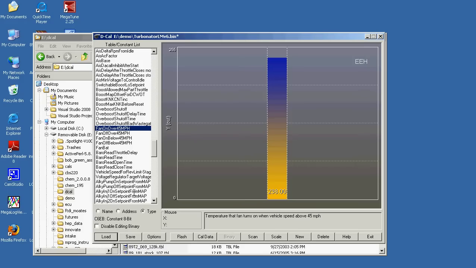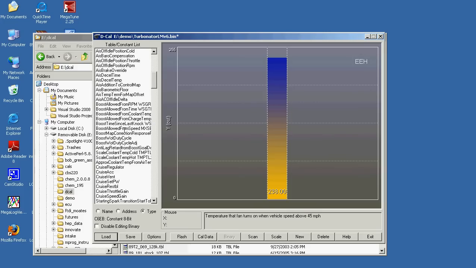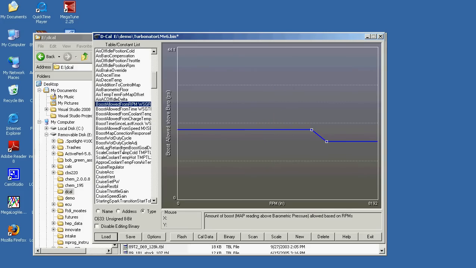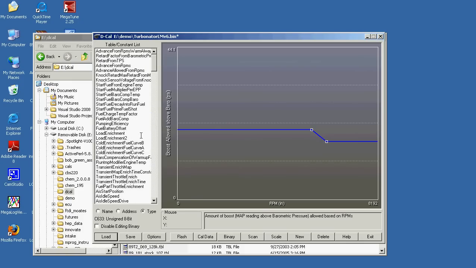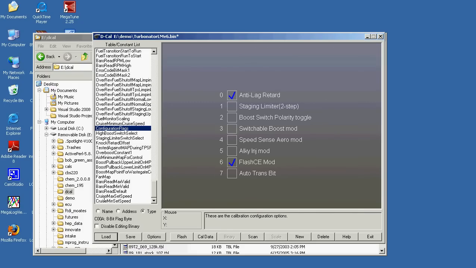So now if I were to select, this is an unsigned 8-bit table, and I believe the other type is down at the bottom. Configuration flags, there we are. And this is an 8-bit flag byte. Now, I'm going to